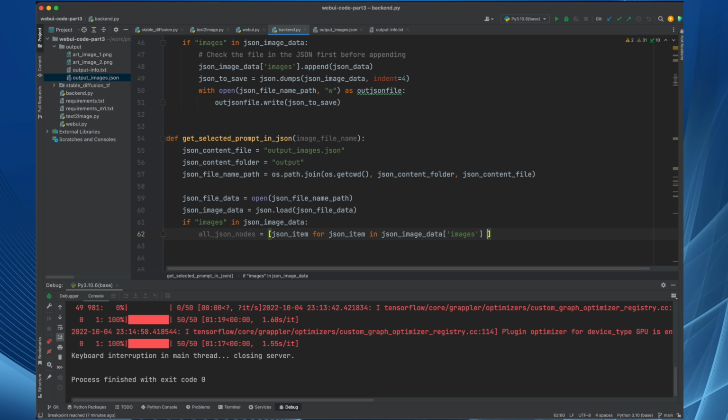Now all JSON nodes is no longer right. It's actually the selected JSON node. So we could say selected JSON node is this. Hopefully you understand that part nicely. This part, from here to here, gives the list of all JSON nodes, and this condition filters only a single